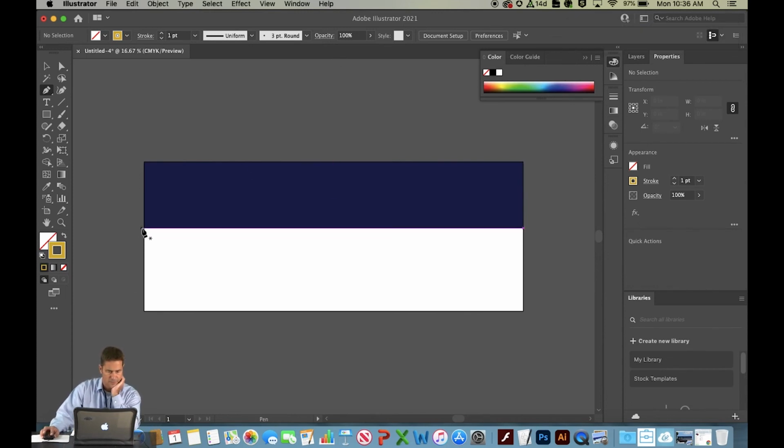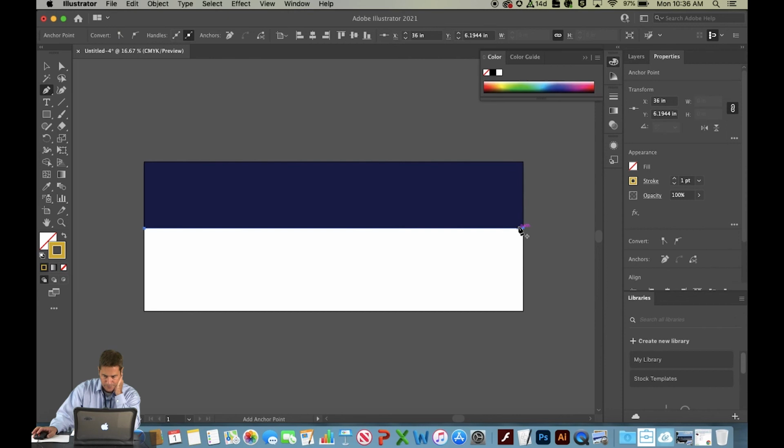All right, so I need to place my first anchor point right there, and then go straight across and attach my second anchor point right there. And I have a gold stroke, but I can't see it, it's too small. So let me go to my properties over here. If you're on the layers, go to your properties, go to your stroke right there, and let's take this